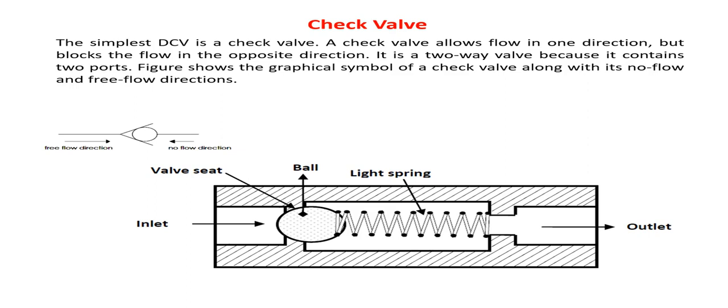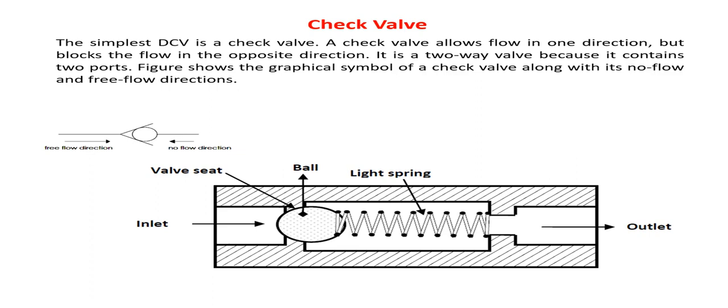So the first type we have just seen is called a check valve. Check valve construction: there is a ball in the valve, and that ball is resisted with the help of a spring. The fluid comes from one side of the ball and leaves to the other side. The amount of spring force or resistive force which is offered is called the valve setting, and this is also a normally closed type of valve, which will open only when fluid pressure exceeds a certain limit. So you can see the symbol of the check valve here.